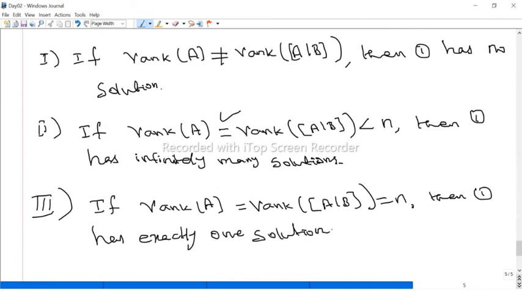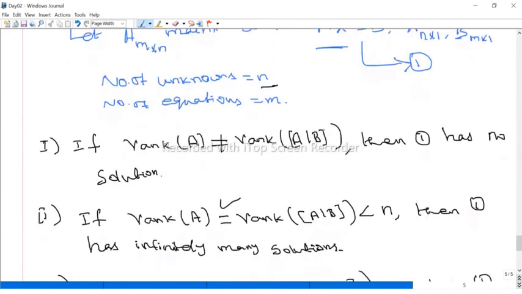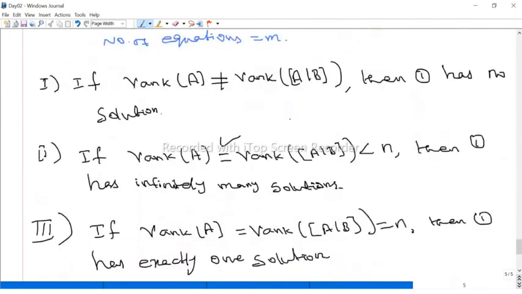So very, very important. Therefore, if you know the rank of the matrix A and the rank of the augmented matrix, from that we can conclude whether the system has a solution or not, whether it is a unique solution or not, whether it has infinitely many solutions or not. Okay, so this is very important. n is nothing but the number of unknowns. How many variables does this system have? That is our n. So you have to check these three conditions, and then we can conclude which one happens, and whether the system has a unique solution or not.